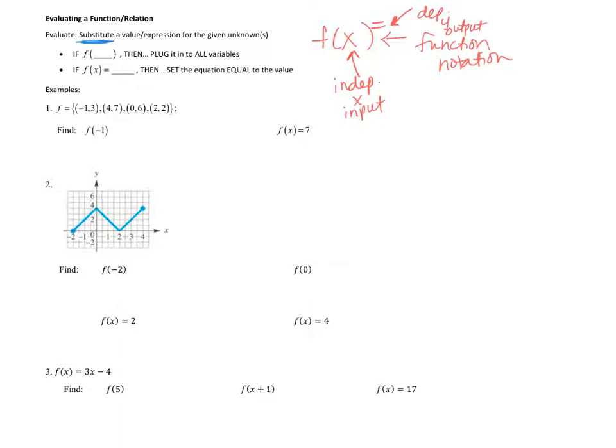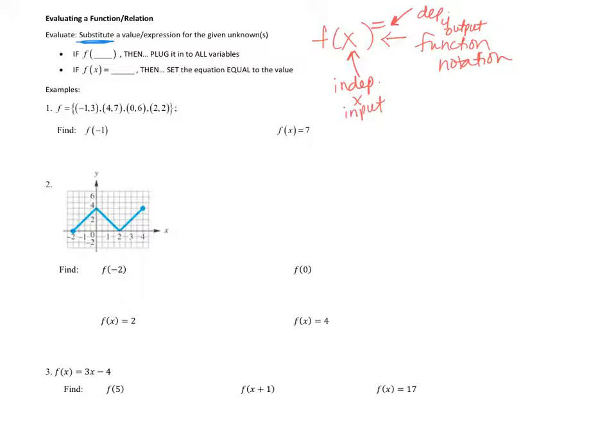Okay. So using this function notation, we're going to be able to determine, are they giving us the input or are they giving us the output? Then we will plug in to whichever place it is and find the other value. Okay, so let's look at this first